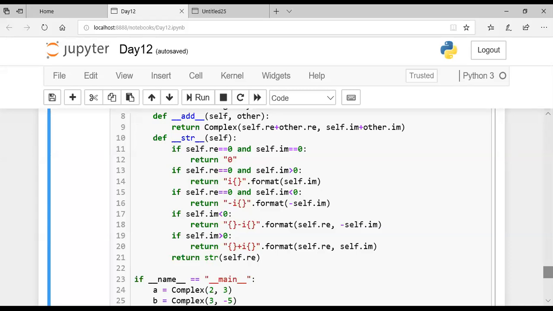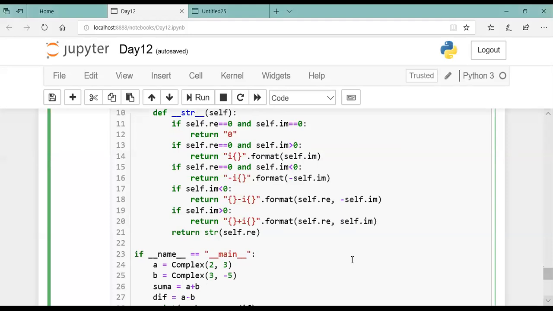Line number 21 of the code. In line number 21, this is the str method, just for printing the complex variable in the proper format. Students, if all these conditions 1, 2, 3, 4, 5 are not true, then it will return this.